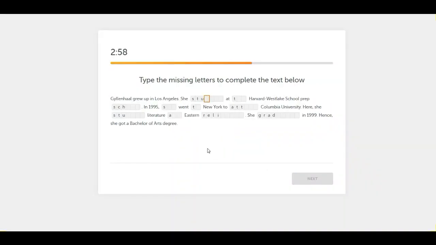Now this is another task of similar type. Now the first thing, like I told you in the previous example also, is that you have to go through the whole paragraph first and then try to write the missing letters. The other most important thing that I would like to suggest over here is to always read the first sentence. The first sentence will tell you what the paragraph is all about.